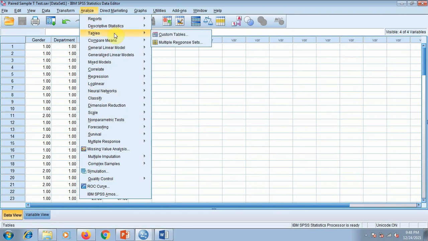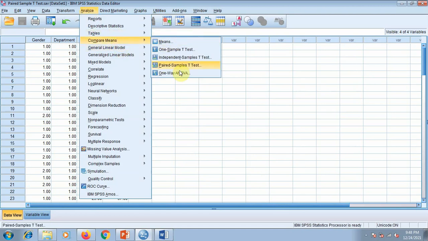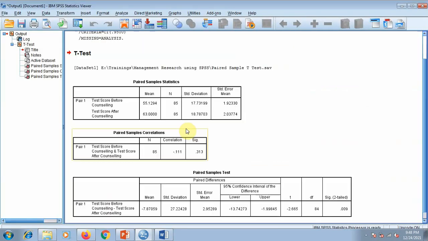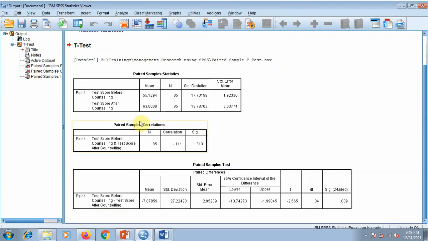We go to Analyze, Compare Means, and Paired-Samples T Test. All you want to do is shift the two variables into the two boxes here. You can perform more than one pair at the same time, but I'm just showing you two variables in one pair here. Nothing else, just hit OK, and here you will get the results.